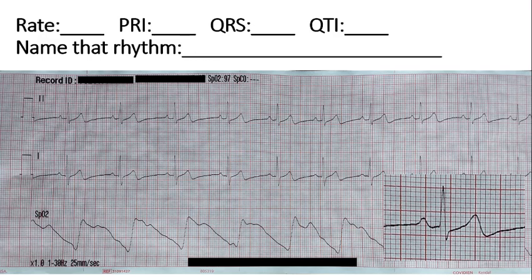So we're looking at the P wave. Is there a P wave before each QRS? Is it pretty uniform? Is it upright, rounded, within a normal distance, not too close, not too far away? We'll